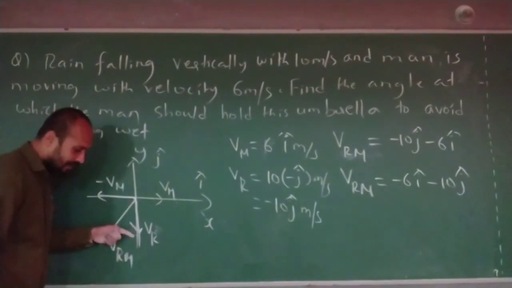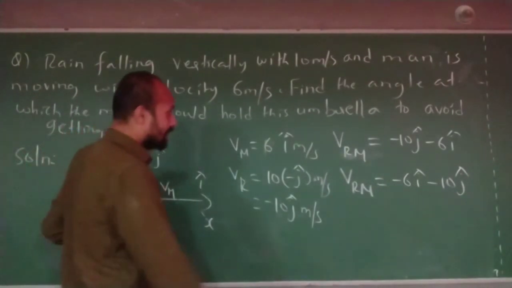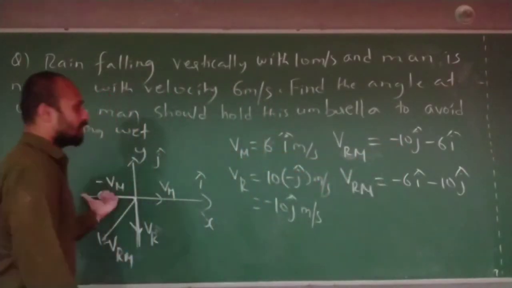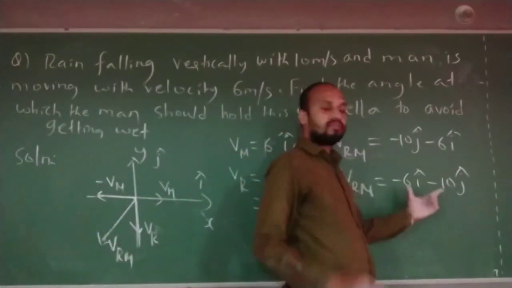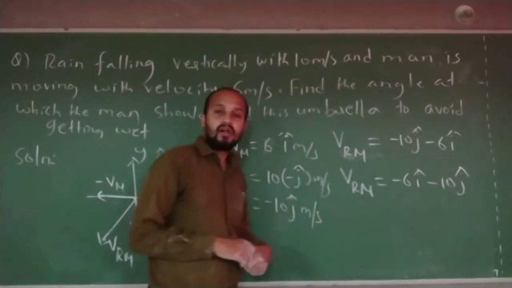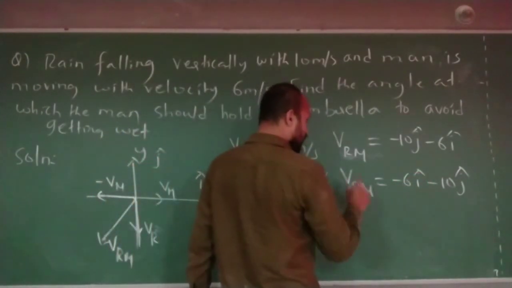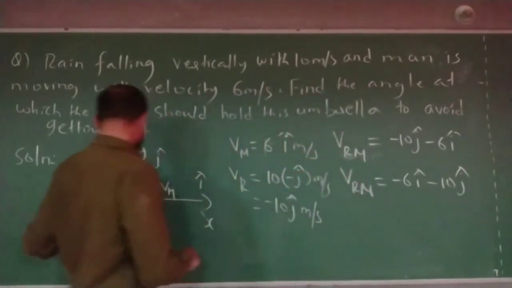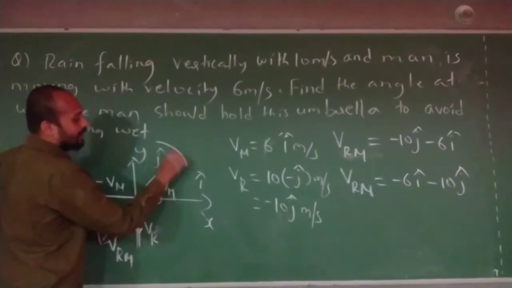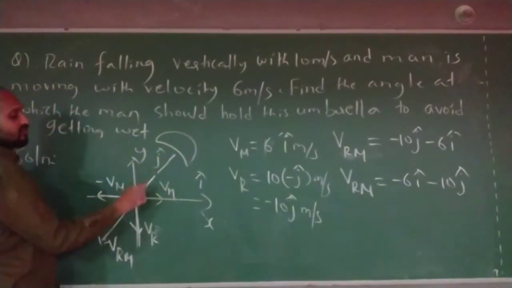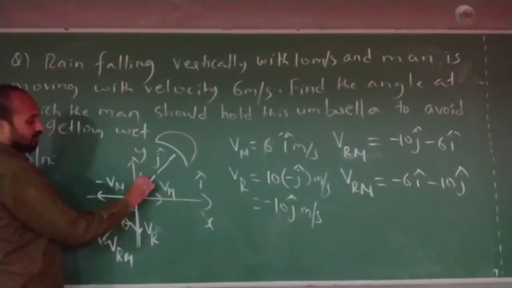It has 2 components, Vr component and minus Vm component. Vr component is what? Minus 10j cap. Vm component, Vm is 6i cap, so minus Vm will become minus 6i cap. This is the power of vector solving. How interesting, correct now? Vrm is velocity of rain in terms of this. What we need to find is, see, now opposite to this I must keep an umbrella. The person has to keep the umbrella opposite to this. If I consider this is theta, okay, this also will become theta.